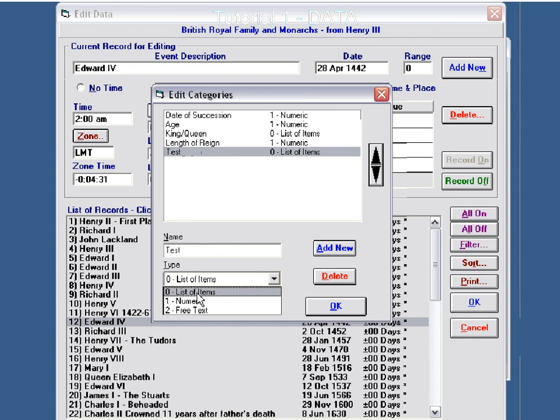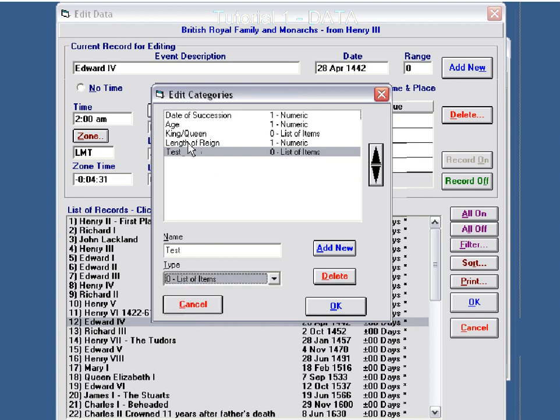king or queen, something. And then you can decide whether you want a set list of items, which you just click on one for every bit of data, which is very useful when you know it's going to be one or the other or just one of a set of 3. Or you can have a numerical value, or you can have free text.